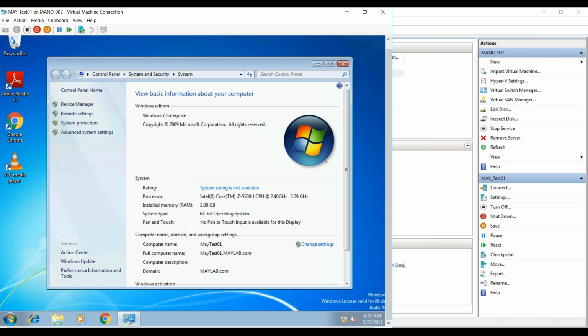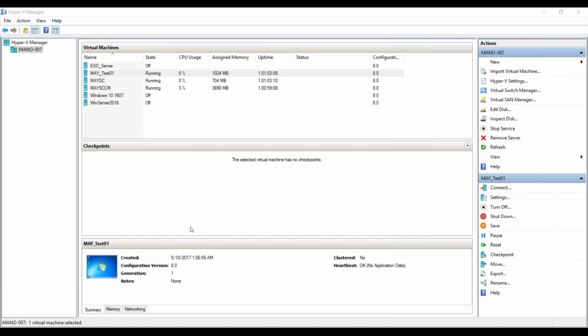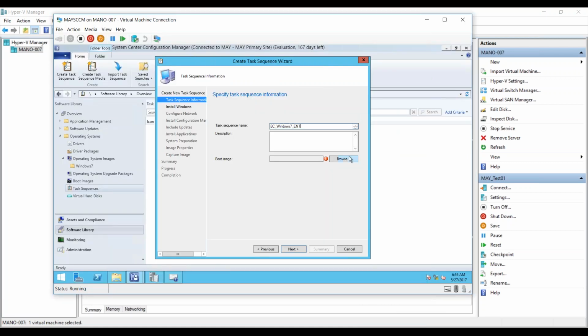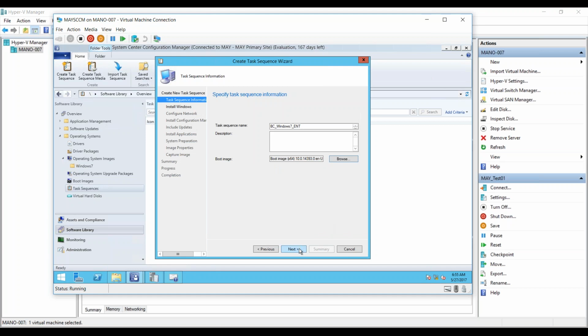It's a 64-bit operating system, right? So since this is Windows 7 64-bit, even the boot image, I'll give a 64-bit boot image. So whenever this build and capture task sequence is going, the first time the boot image will go, right? The boot image will also be a 64-bit boot image. Fine. Next,